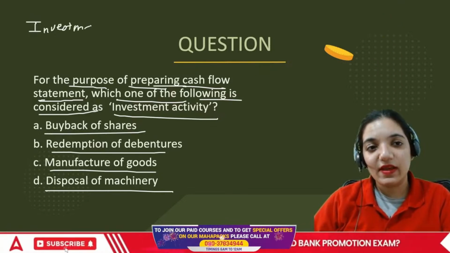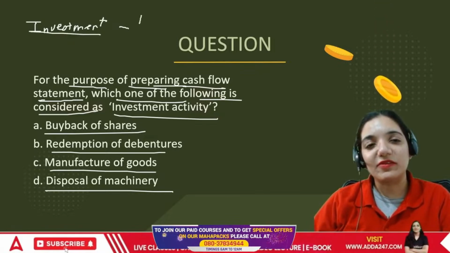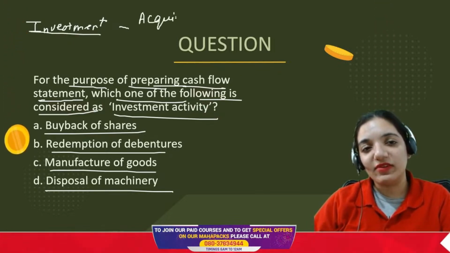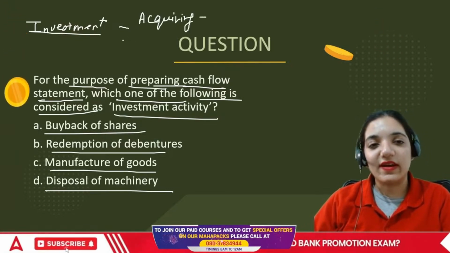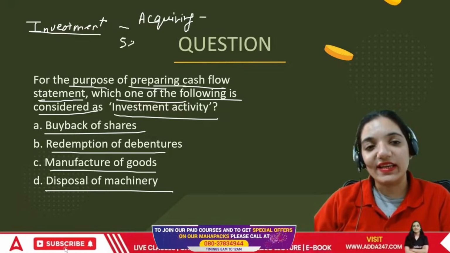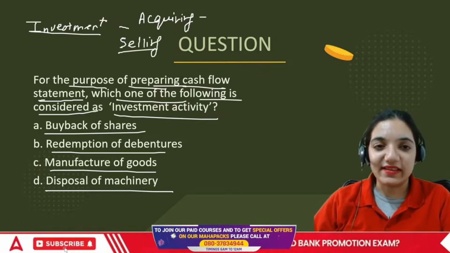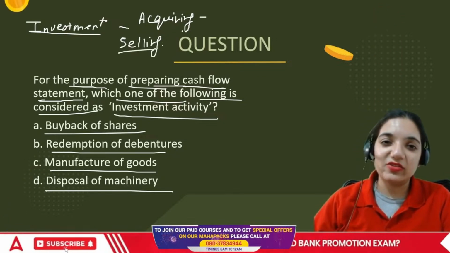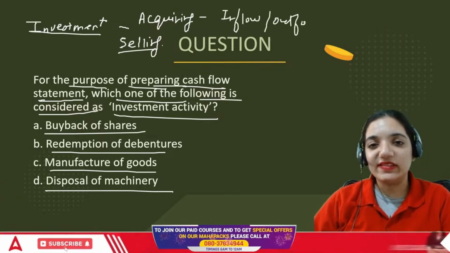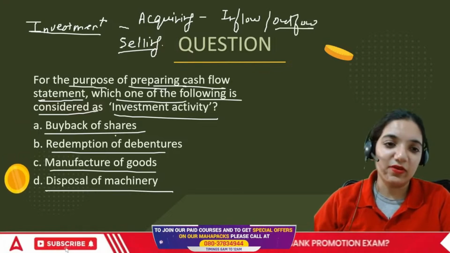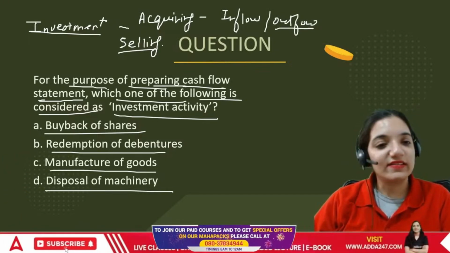Investment means I am putting money in such a way that investing activity deals with acquiring an asset. When I purchase an asset, I lose money. First is acquiring an asset and then we are selling an asset, a long-term asset rather. Acquiring means getting the asset, selling means paying for that. Then this would be inflow or outflow. When we sell, we have an outflow. When we buy, it's an inflow. So buyback, redemption, manufacture, disposal. In this case, the correct answer is going to be